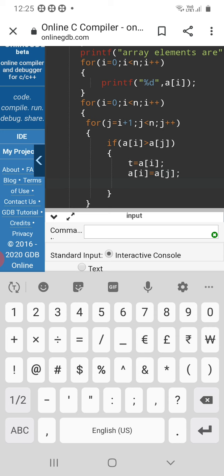Moving on to the next line, a of j equal to t. Now I am writing a of j equal to t.